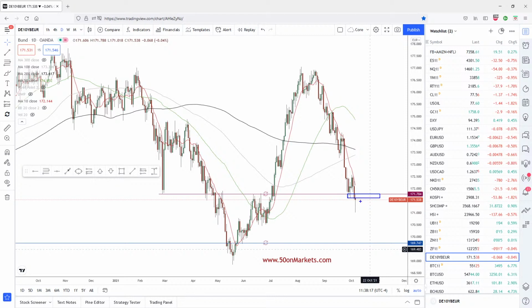Because on this break, you've got a lot of people that are likely stuck with very poor location on the short end side. And here, if we start to get back above this zone, you could easily see a quick squeeze all the way back into the top end of this range. And this is something that you want to watch closely, because I've also seen a lot of people saying you've got to keep on pressing the short side on the 10-year and everything because Bund's broken down. But keep an eye here, because it really hasn't,